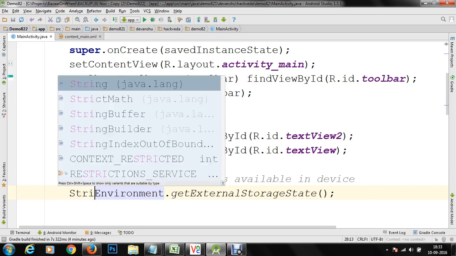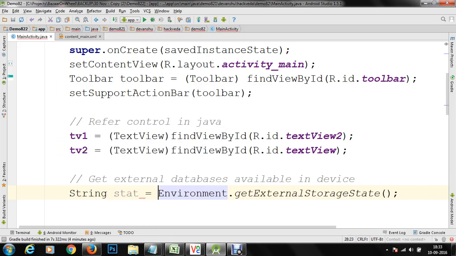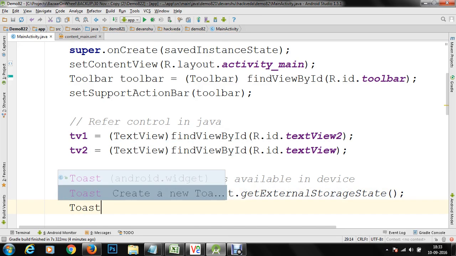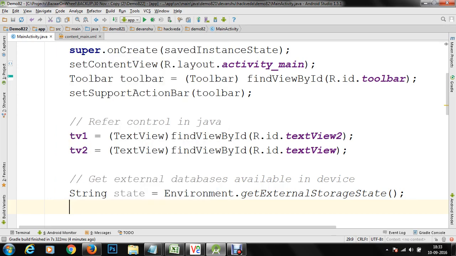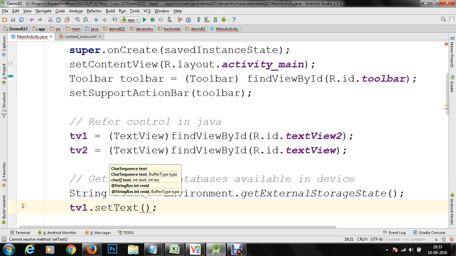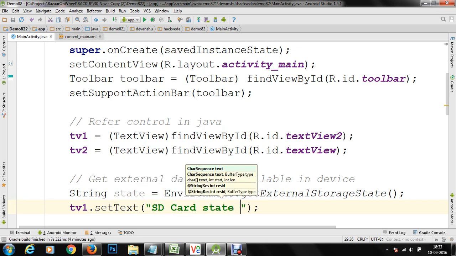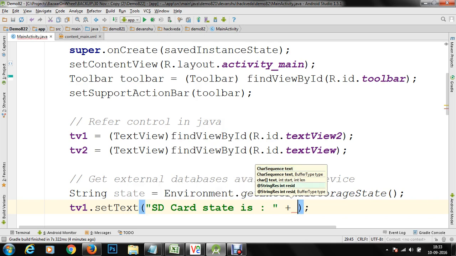So I'm going to store that in a variable known as state, and finally we are going to print a toast, or what else we can do is we can specify that in our text view. tv1.setText, and we are going to add that on our text view 1, and I'm going to call it "SD card state is", and we are going to specify the state here.